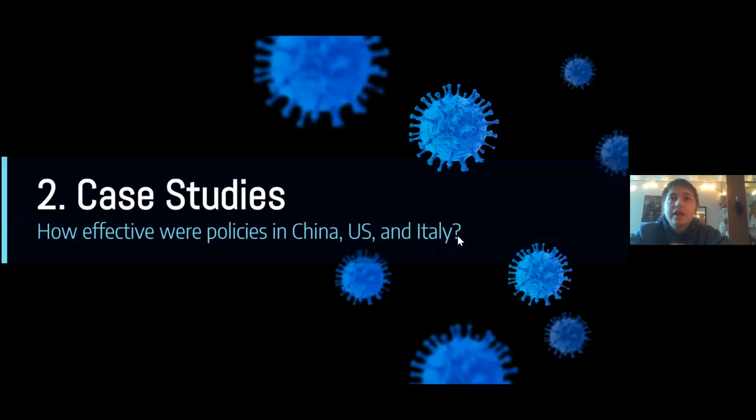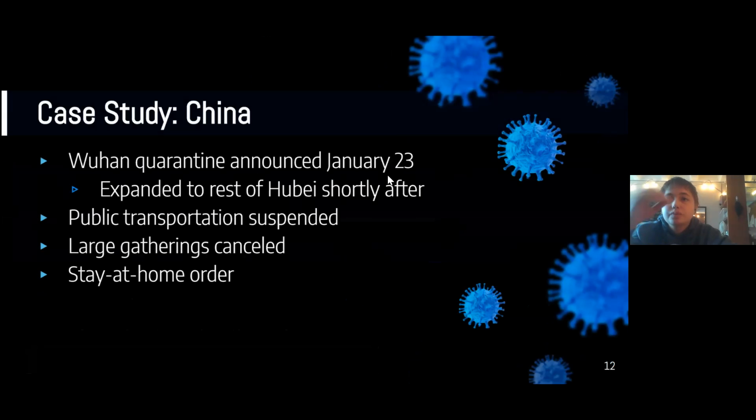And so we're going to look at 3 different case studies of different countries and how they implemented lockdowns: China, the United States, and Italy. These 3 countries vary greatly in how they implemented the lockdowns, and then of course their effects. So China had probably the strictest lockdown of any of the 3 that we're going to look at. Their quarantine was announced for Wuhan city on January 23rd, and then it was expanded to